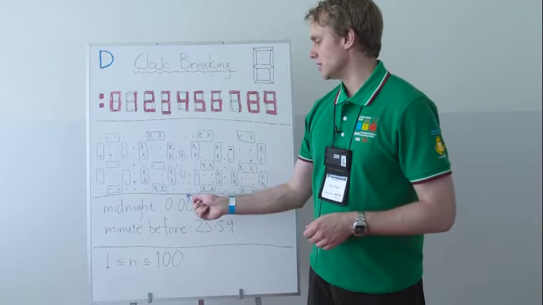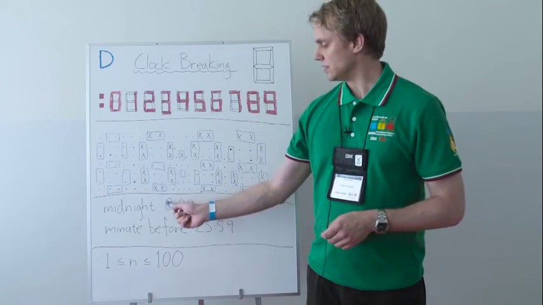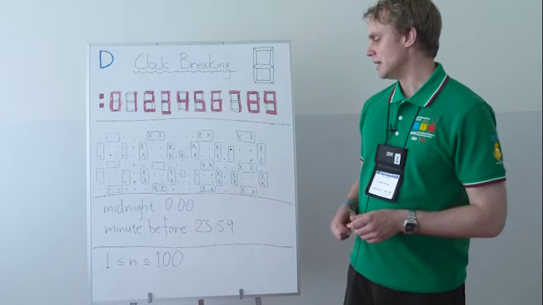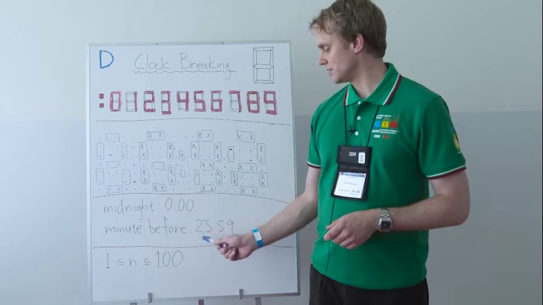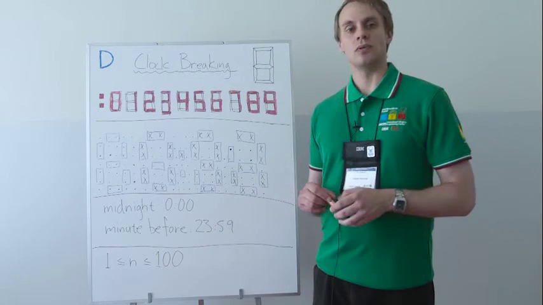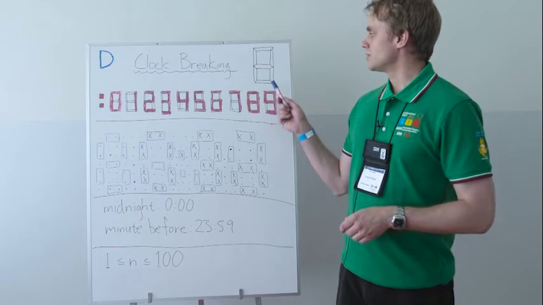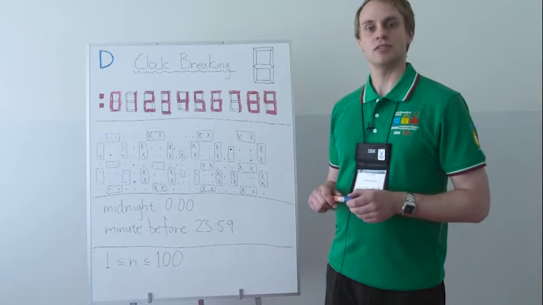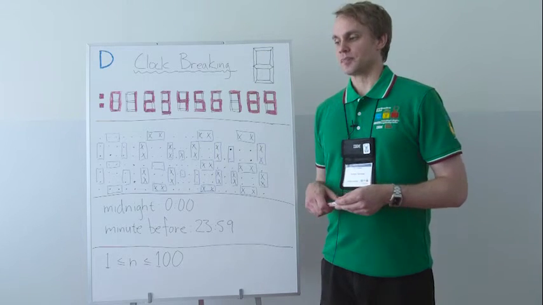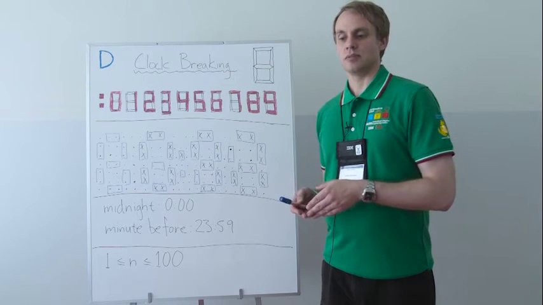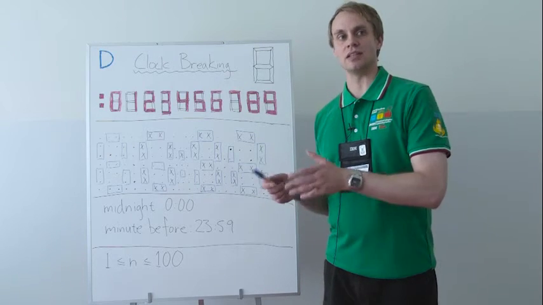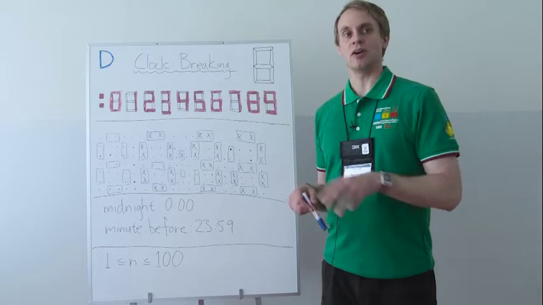So let's say that we want to define midnight as 0:00, and the minute right before is 23:59. Now, it turns out that these segments could be faulty, so they could either be burnt out, meaning that they're permanently off, or they could be burnt in, meaning that they're permanently on, or they